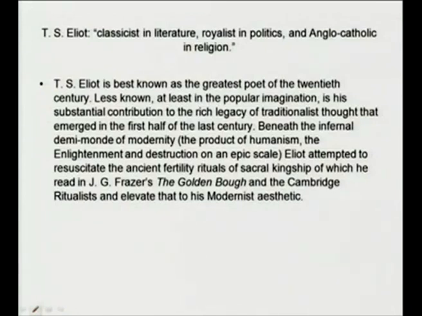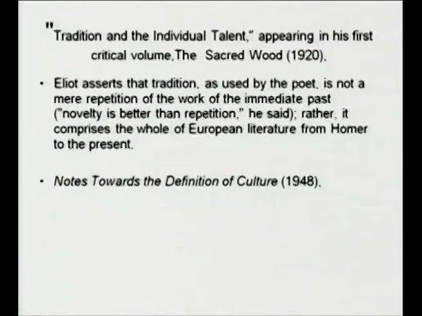He urged for a fusion of thought and feeling, which is found in the poems of John Donne and other metaphysical poets. He has been termed classicist in literature, royalist in politics, Anglo-Catholic in religion. He is best known as the greatest poet of the 20th century, yes, but beneath the infernal demi-monde of modernity, Eliot attempted to resuscitate the ancient fertility rituals of sacred kingship, of which he read in Frazer's Golden Bough and the Cambridge ritualists, how he went back to myth, how he went back to the understanding of tradition